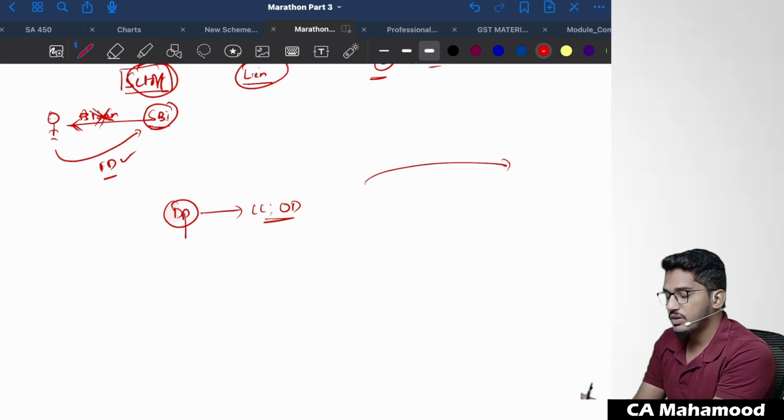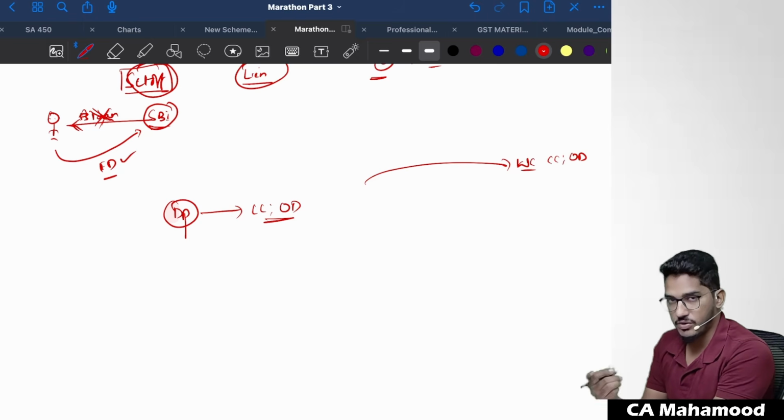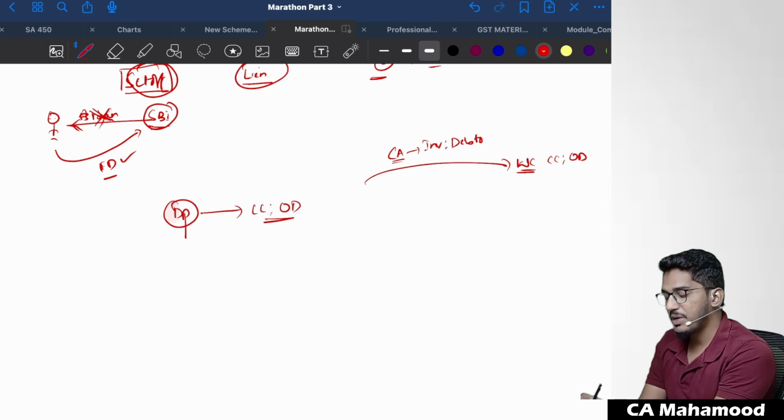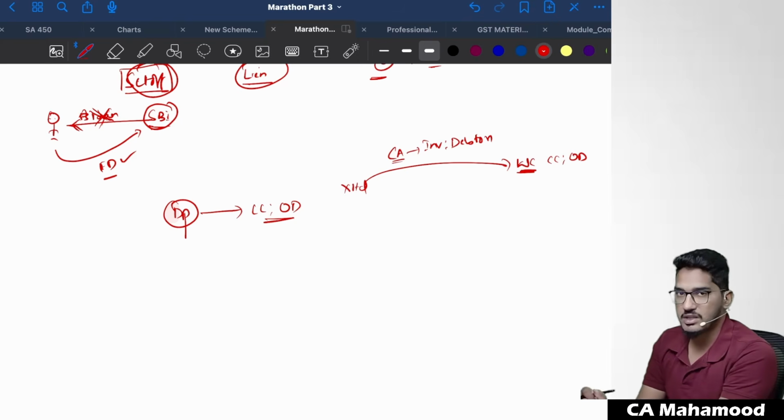See, generally, when you go to the banker and ask for a working capital loan like cash credit or overdraft facility, for this also the banker will ask you for security. What we generally offer as security for working capital loans is current assets, our inventory and our debtors. So take for example, there is a company X Limited. It approached the banker for working capital loan. They needed some cash credit facility.